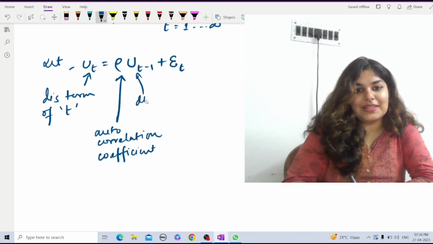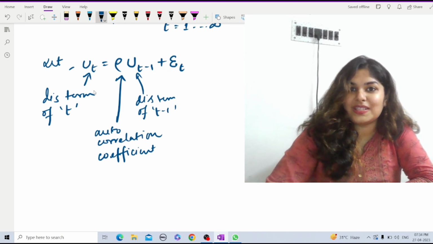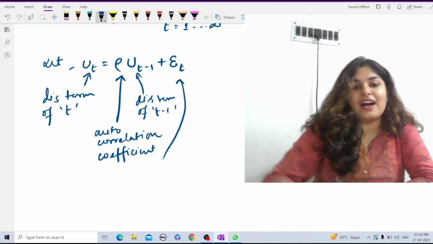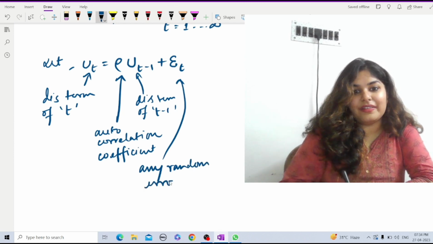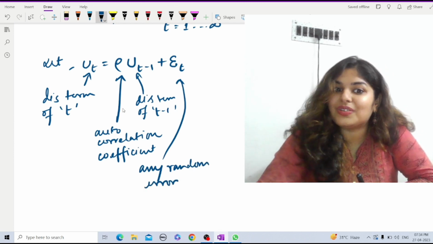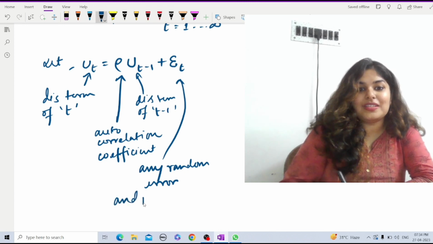This is the disturbance term of t minus 1 period, that is the period preceding the disturbance term that we are considering here, and this is our random error while taking this relation, okay, and it follows